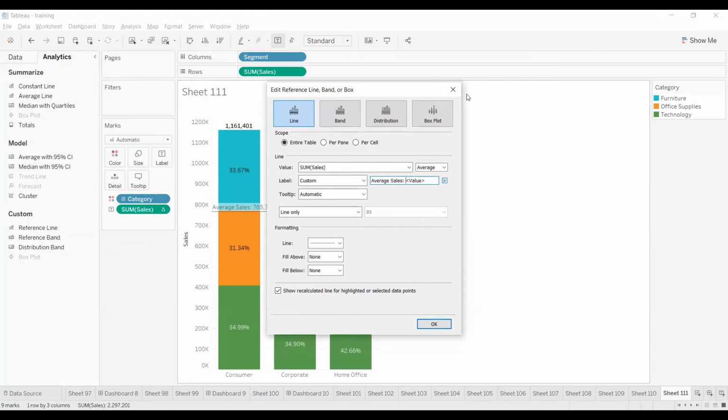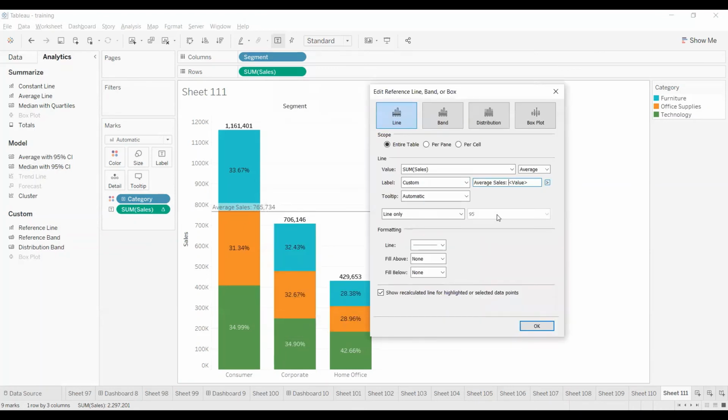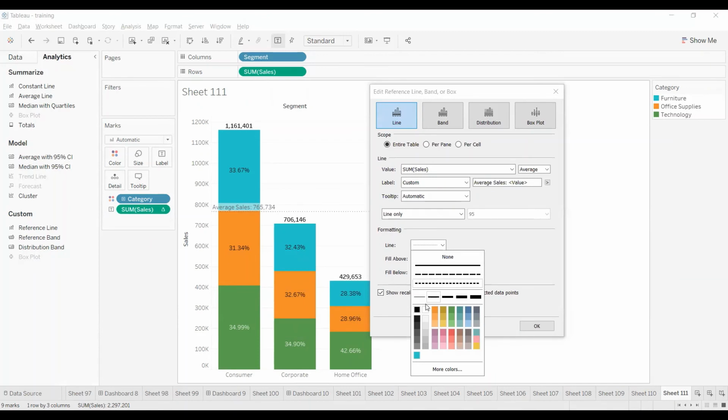So here it is coming. This is my average value across the table. If you want to make it a darker line, select the line.